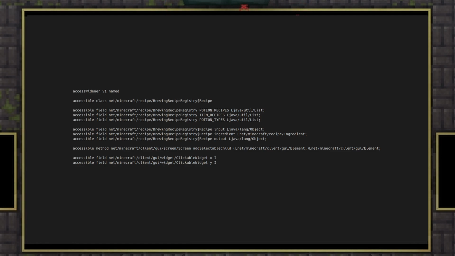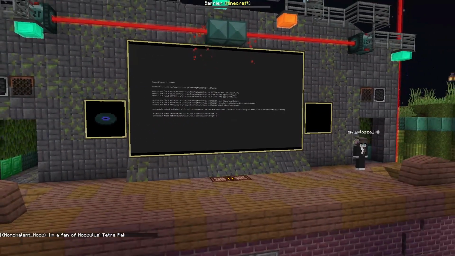A simple example of this is Fabric's access wideners. A developer can put a small file in one of their mods that specifies some private things they want to be public, so they can interact with them. At development time, changes will be made so the compiler thinks the symbol is public, and at runtime, Fabric will read the access wideners and change any class that is loaded so that their symbols are made public.